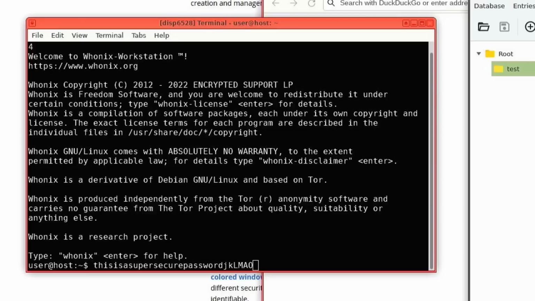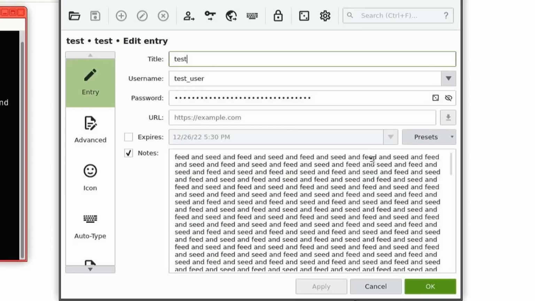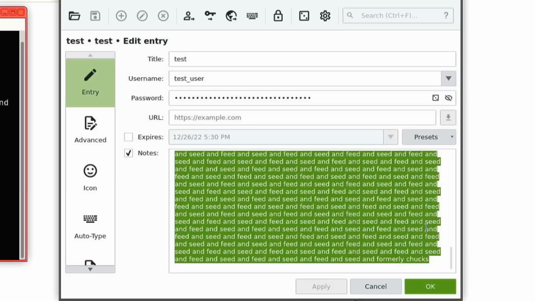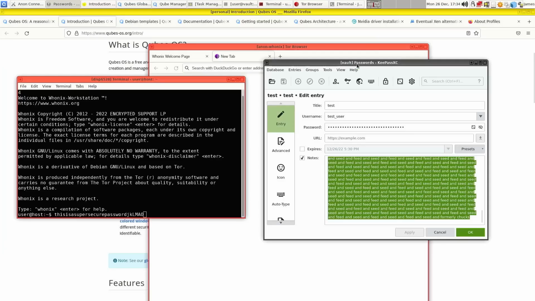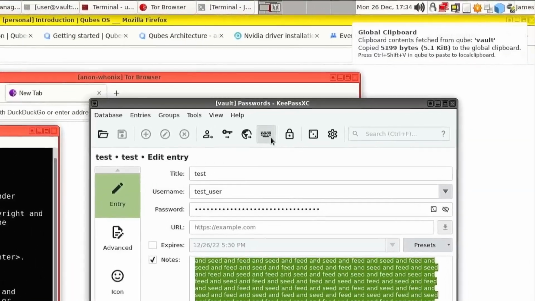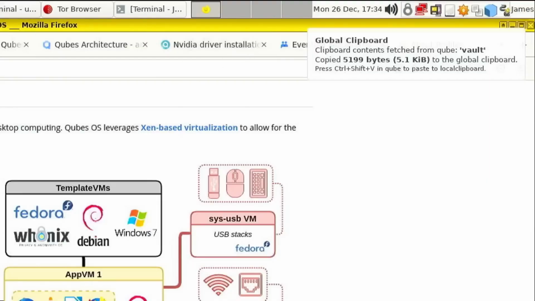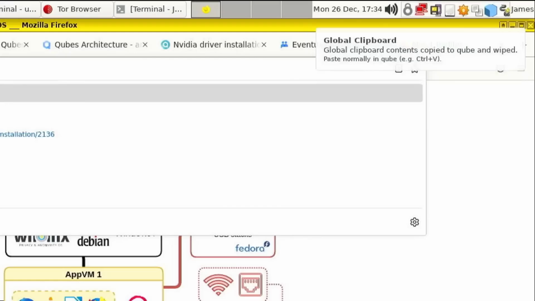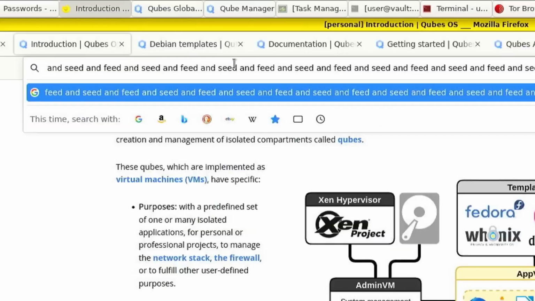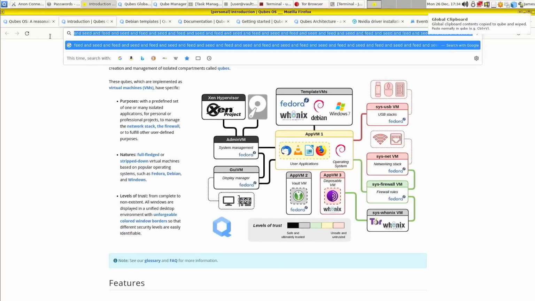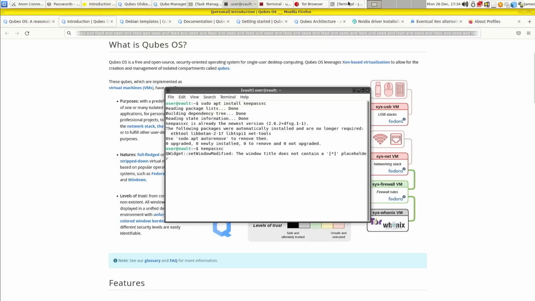And we can also do the same thing with any custom text. So we'll just edit entry, and then we'll copy all of this stuff here. And we'll do Control C, so that copies it into the vault qube's clipboard. Control Shift C, that shifts it up into the global clipboard. And then why don't we take this and put it over here? So Control Shift V brings it down into this clipboard, and then Control V, paste it into the URL bar, or whatever input we were in. So there you go. Very seamless, very easy way.